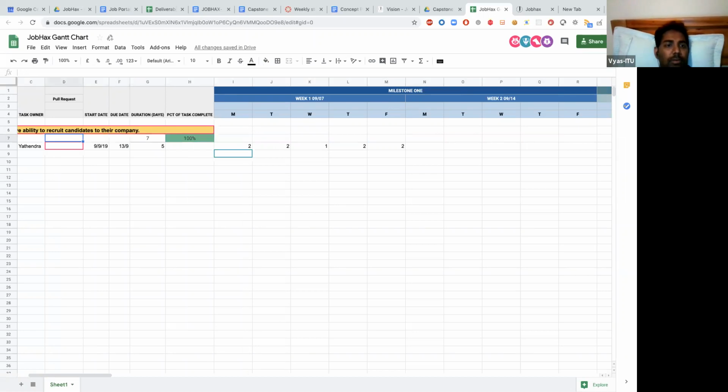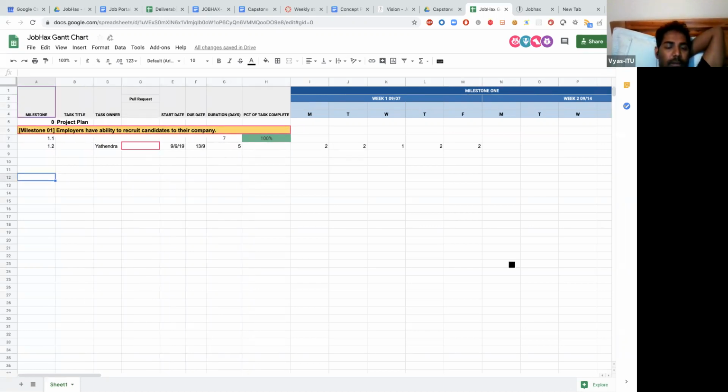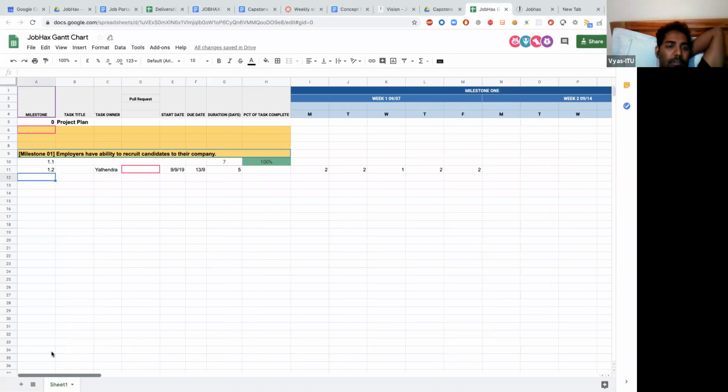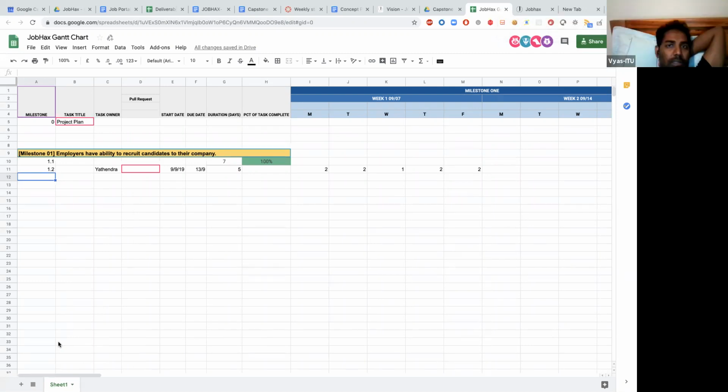Maybe for now we can just move the milestone one somewhere at the bottom, and under project plan we can just log whatever for this week. From next week we can just have the milestone titles there. It's not necessarily we will do exactly the same, because these keep changing based on our discussions. We can put 4 milestones. If you remember, he mentioned just give a rough breakdown on what we are doing.